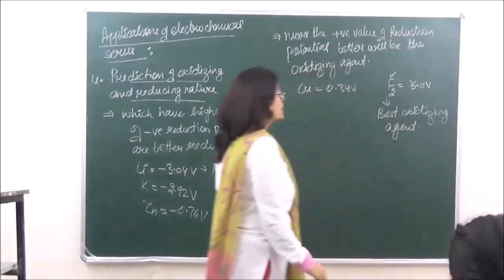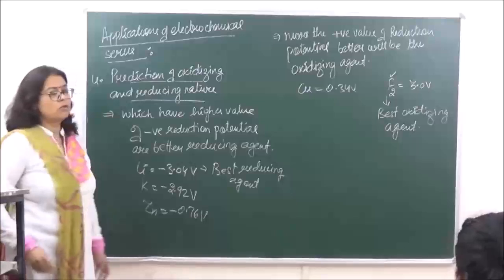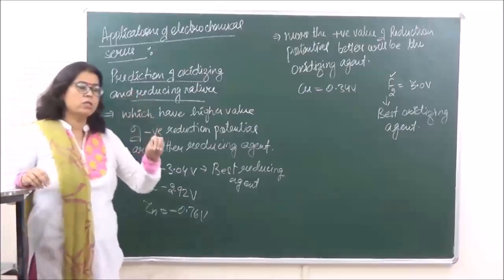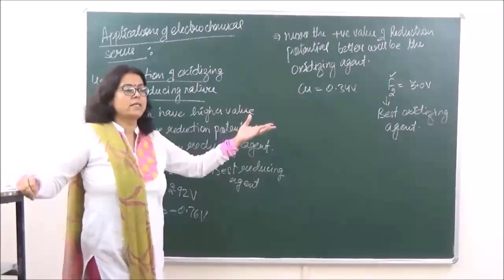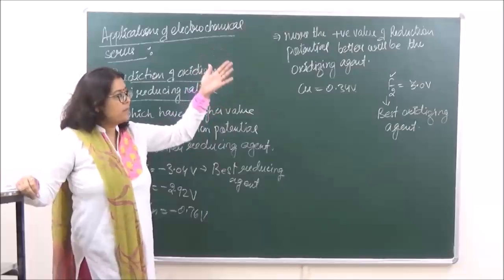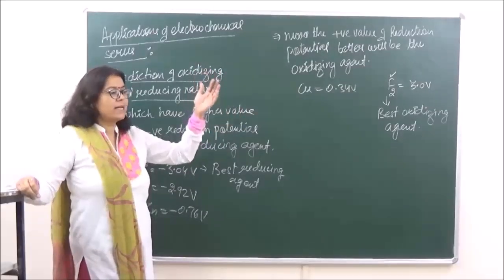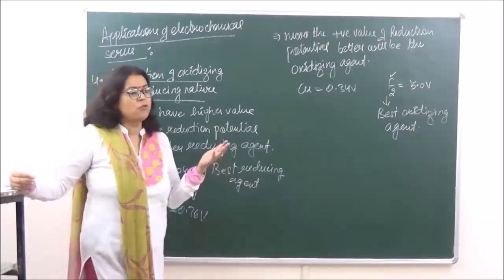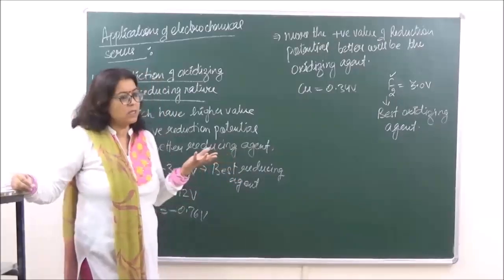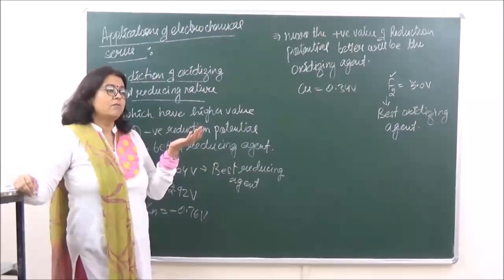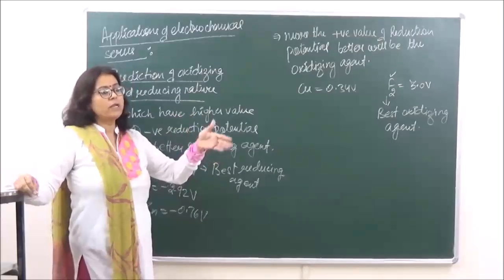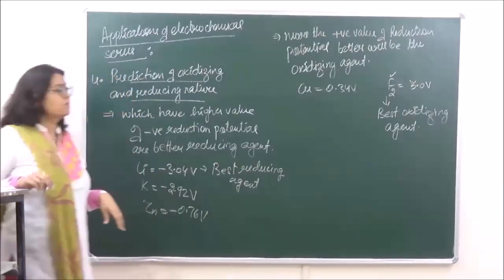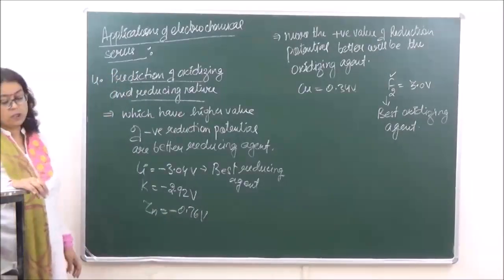In other words, when we are traveling from lithium to fluorine, we are traveling from a range of reducing agents to oxidizing agents. So as we keep coming down up to hydrogen, the oxidizing power keeps on increasing. And then from hydrogen we are traveling to fluorine, again the oxidizing power is increasing. But on the contrary, if we are traveling from fluorine to lithium, the reducing character is going to increase. So this is very, very important with respect to your questions.